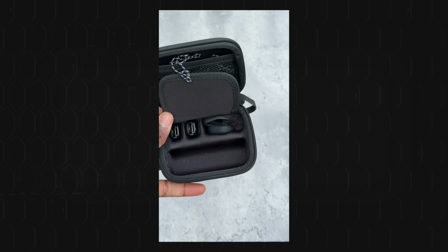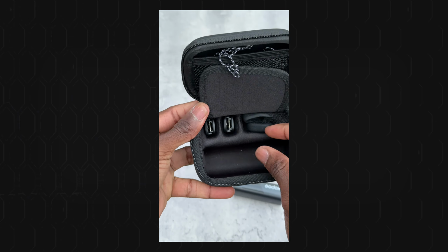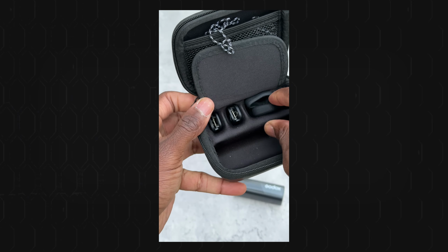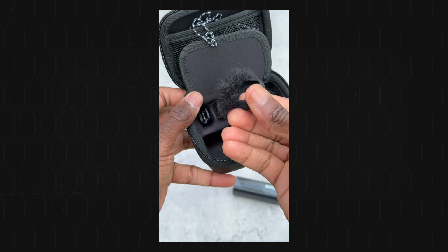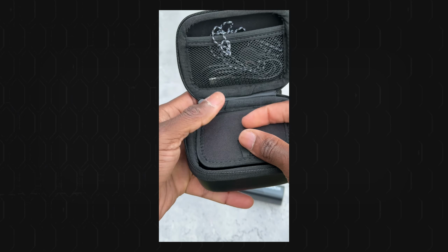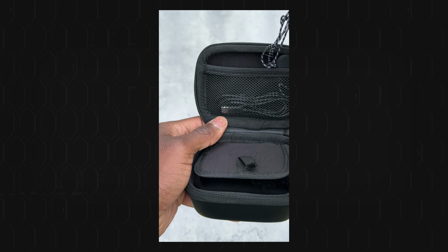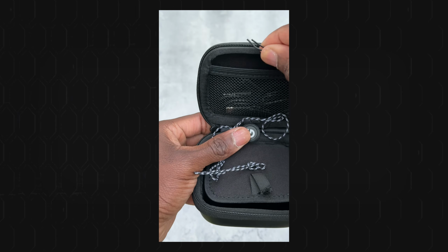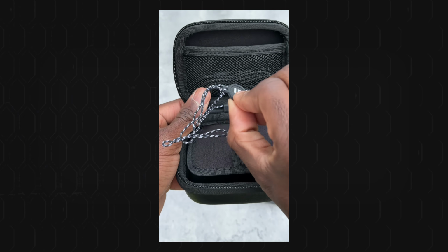It comes with these lanyard looking things. So you got two of those as well. You've got your charging cable. You also got two little furry windmuffs that look like this. You got two clips with it that allow you to pin it onto a shirt if you wanted to. If you're wearing a button down shirt, you can use the clips to pin it on. And then you've got the actual microphones